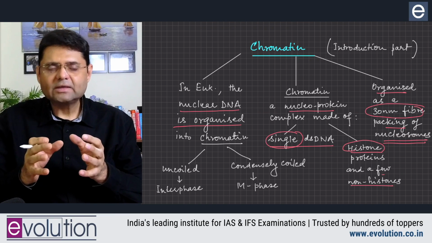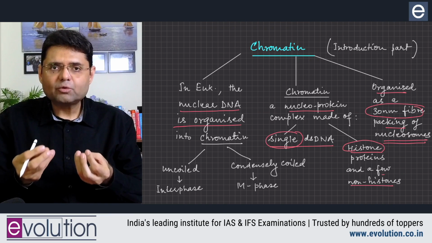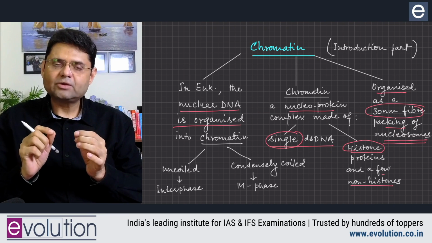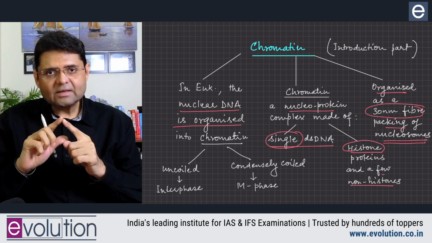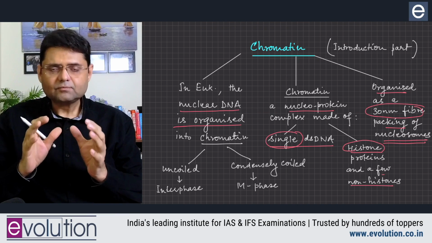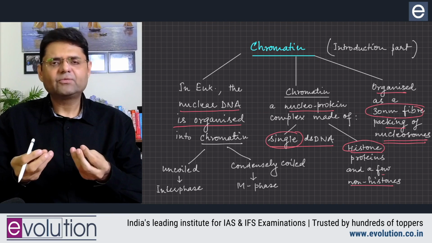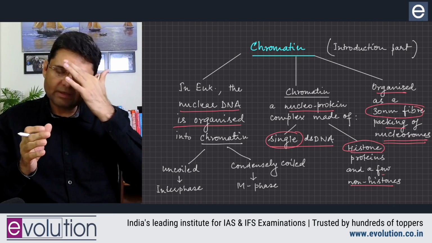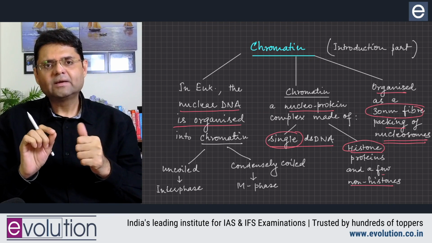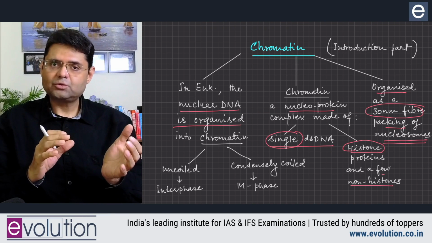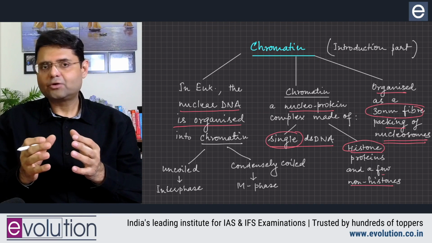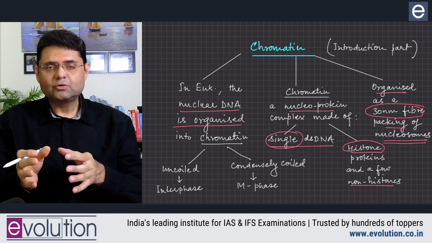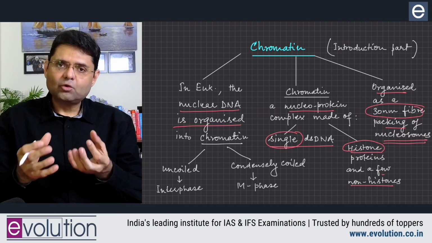Next point about chromatin is going to be that chromatin is a nucleoprotein complex, and again paying attention to some specific information, this nucleoprotein complex is going to have a single DNA which is double-stranded, and histone and a few non-histone proteins. But emphasizing the fact that each chromatin is going to contain a single DNA is again underlining what may seem obvious to you, but a lot of your competitors are not going to highlight this small specific fact,